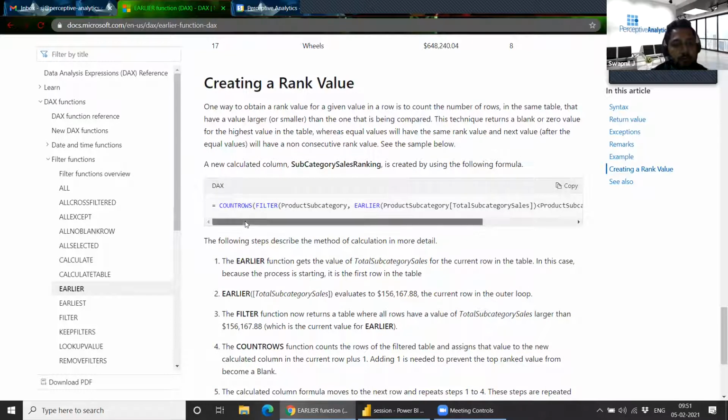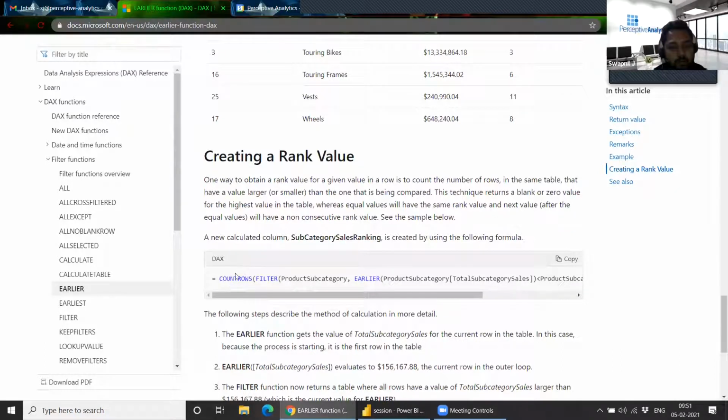We are counting the rows. Basically, I want to count all the rows that are before this to get the rank of any subcategory. So we do a COUNTROWS, and we add a FILTER function. In the filter, we use EARLIER, so that the earlier total sales should be less than the current total sales.